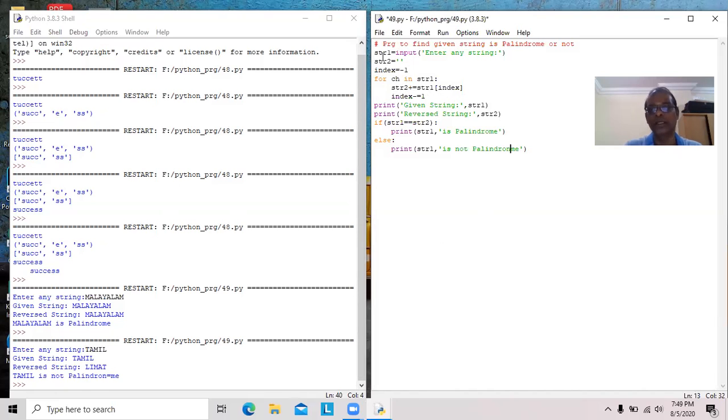Now str1 contains Tamil, str2 contains L. Each and every character from the right-hand side will be appended to str2. So at last, the given string is Tamil and the reverse string is LIMAT. That means the reverse of str1. str1 is not equal to str2, that is, this condition becomes false. We will get that str1, Tamil, is not a palindrome.